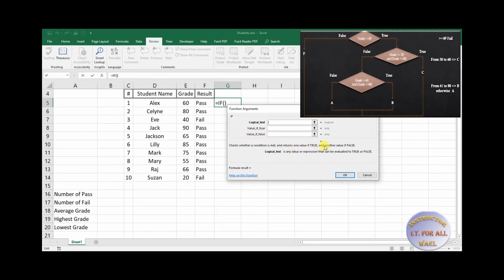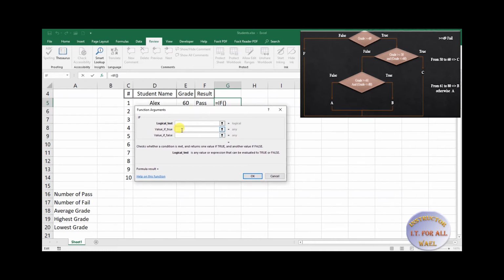As you can see, you have the logical test, the value if true, and the value if false. What is the logical test here? The logical test is going to be E5 greater than or equal to 59,